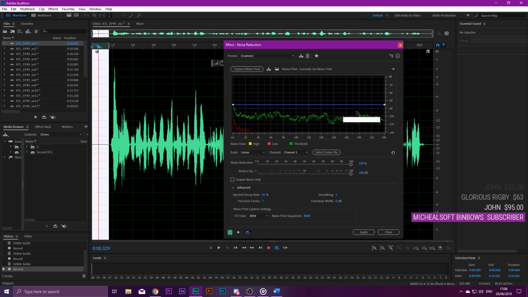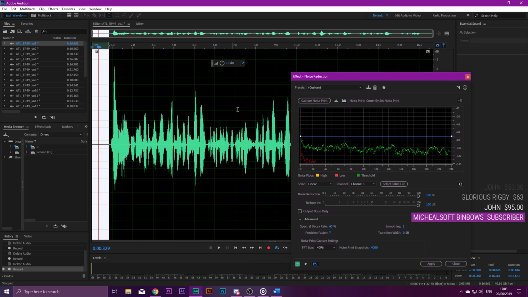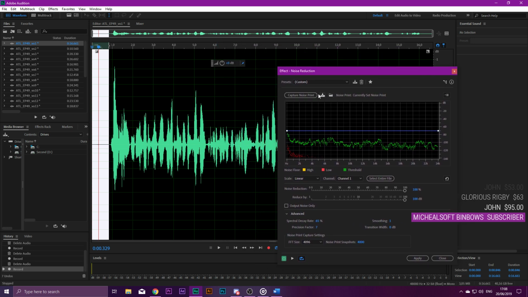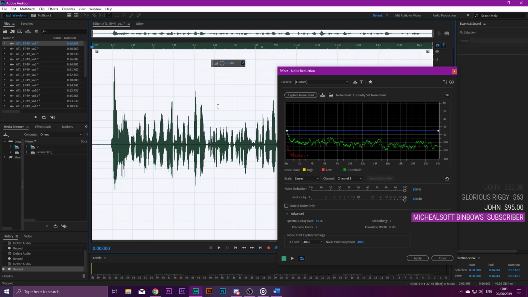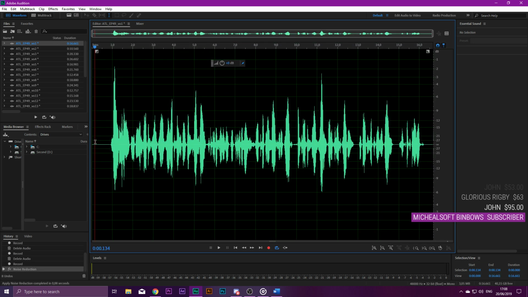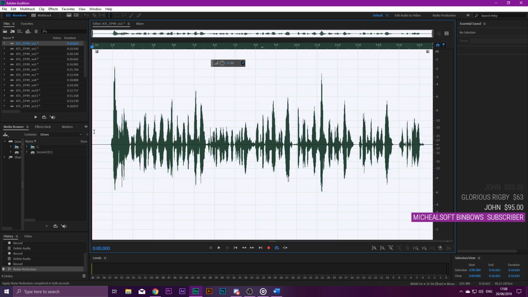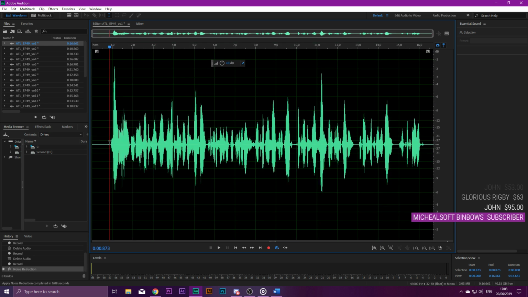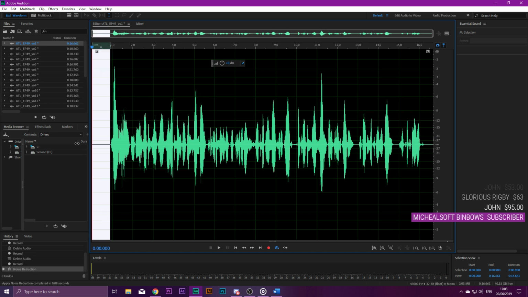So that's the noise profile, basically. I'm not going to capture a new one because this one is already good. I'm going to just click apply, and as you can see, the little dots that were here, the click, it's gone. That's pretty awesome, isn't it? So what we're now going to do is get rid of the empty space here so that the